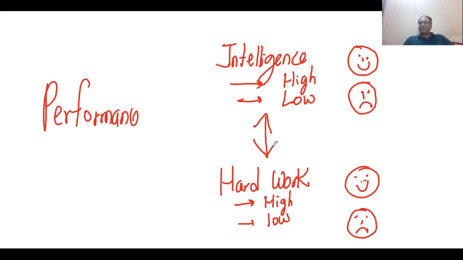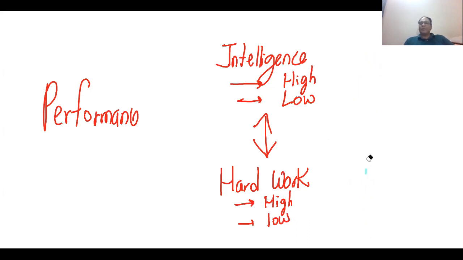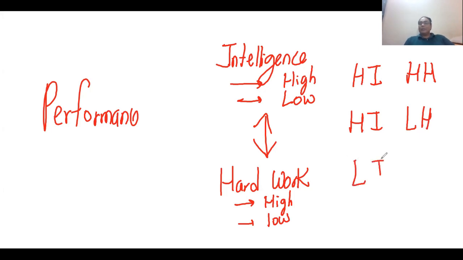If we combine them, the two groups of intelligence and the two groups of hard work will come into different groups. Like I'm showing you the different possibilities of the interaction. Suppose I make an interaction of the intelligence and the hard work, how many subgroups can I make? For example, these subgroups: high intelligence, high hard work; high intelligence, low hard work; low intelligence, high hard work; and low intelligence, low hard work. Now the respondents are divided into four categories.